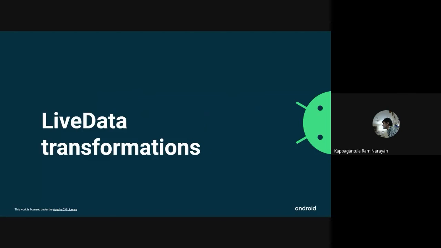Yeah, live data transformation. Now in the app that you are going to build, you are going to create a timeout, I mean countdown timer. So the person that is going to guess the word shouldn't be guessing for a long time, right? Like there should be a time. If he can't guess by then, he has to move on to the next one. So your countdown, all these timers are going to be live data objects. So we are going to use this method called transformations.map.